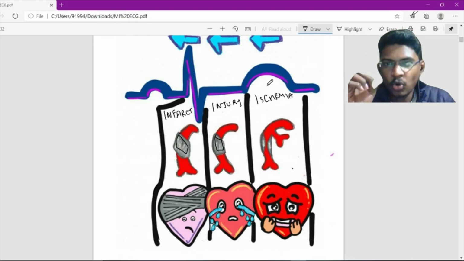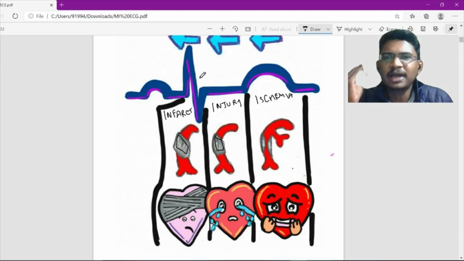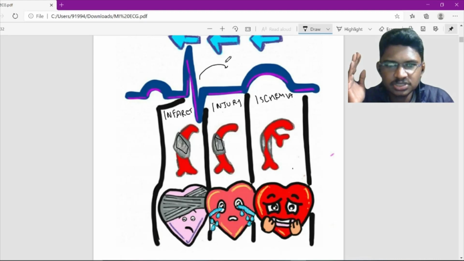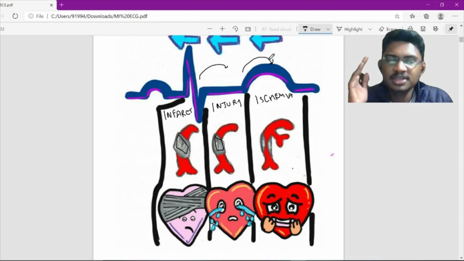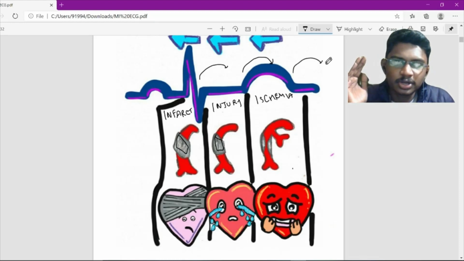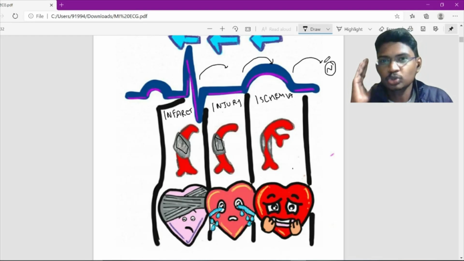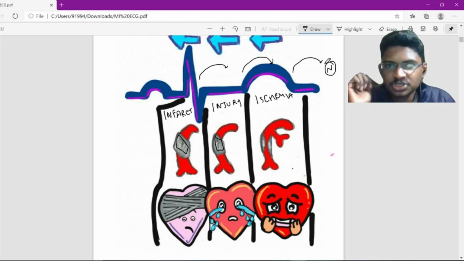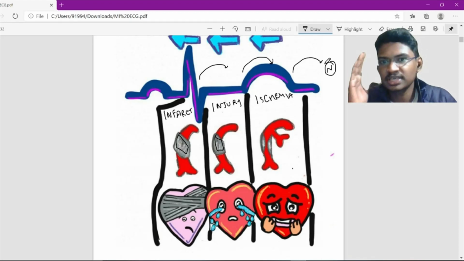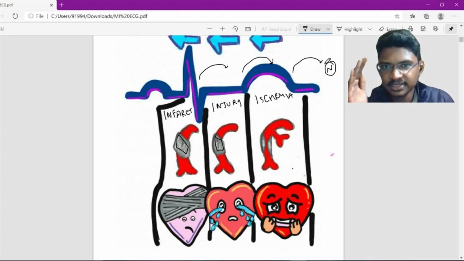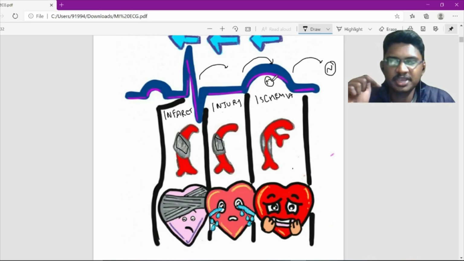Our goal in treatment is to try to convert the maximum area in the infarct to the injury region, the injury region to the ischemia region, and the ischemia region to the normal region. How to do that, what the treatment options are, and how to take treatment decisions based on ECG or any other criteria, everything we are going to dissect one by one. First, the initial clue will be the T wave changes that we will be seeing now.